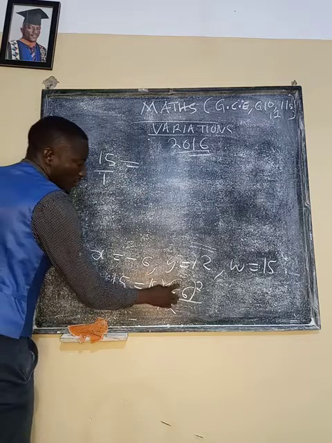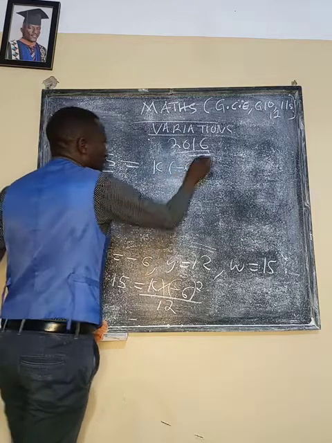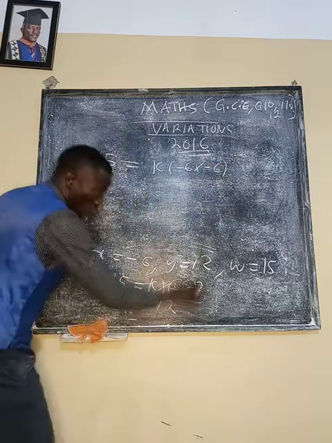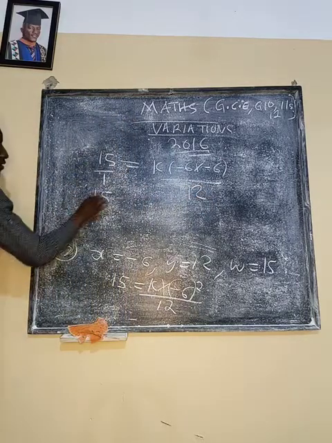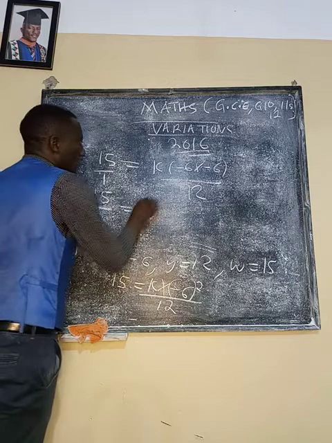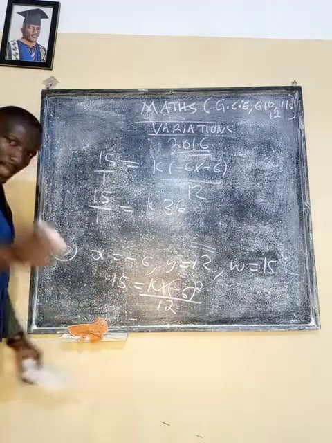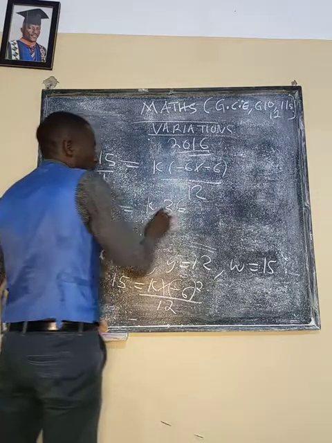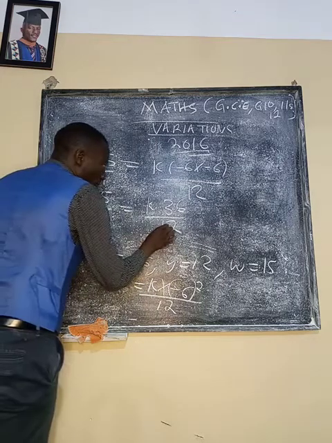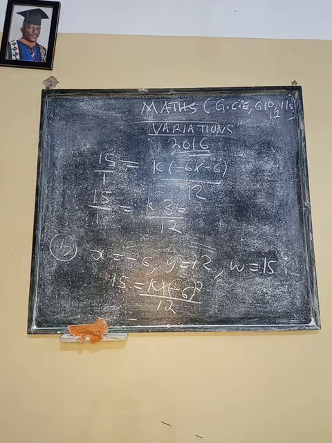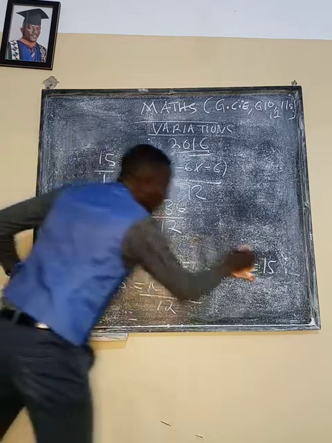Let us simplify this. So our 15, you can say over 1. Then -6 times -6. Here it is like K times -6 times -6. That's the meaning of square, over what? 12. Let's proceed. Over 1 is equal to K. 6 times 6 is 36. That's not 36 kwacha. Negative times negative, it's positive. Over what? 12. Make your life easy. 12 can enter this. Okay? 12 can enter that 3 times. So this now becomes